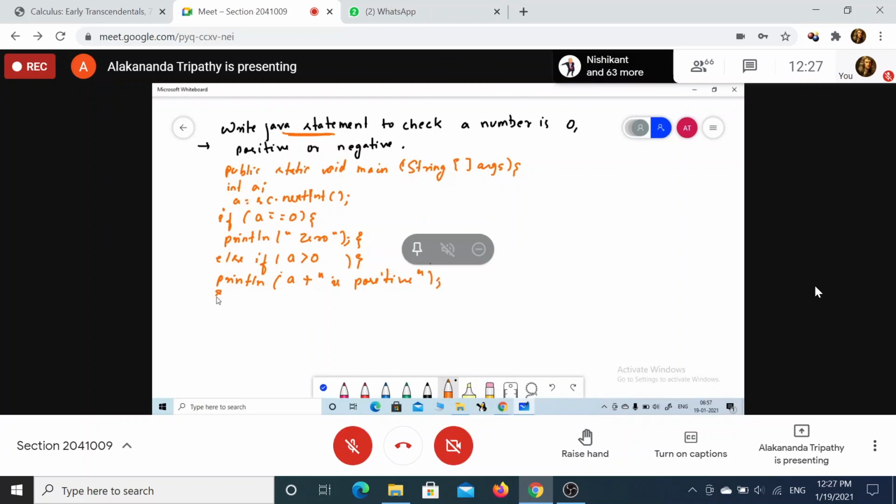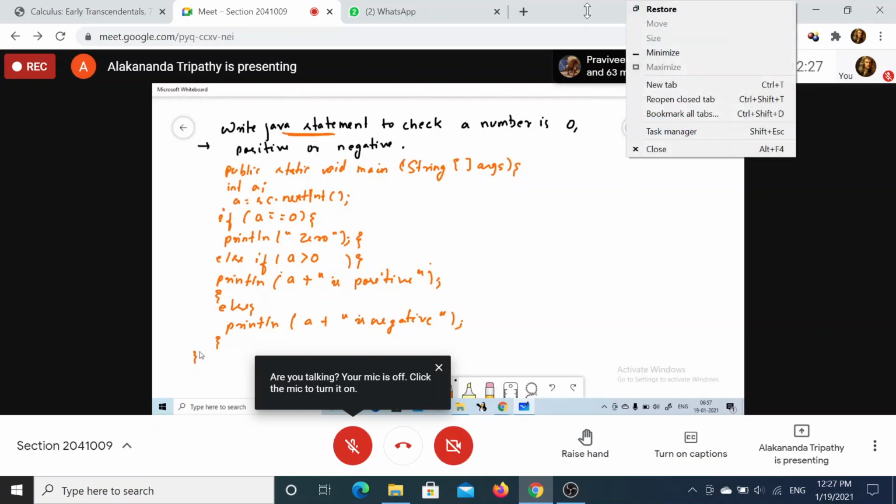Okay. Else, you can directly write println A is negative. Okay. Ma'am, we can use two else if statements. You can use two else if.